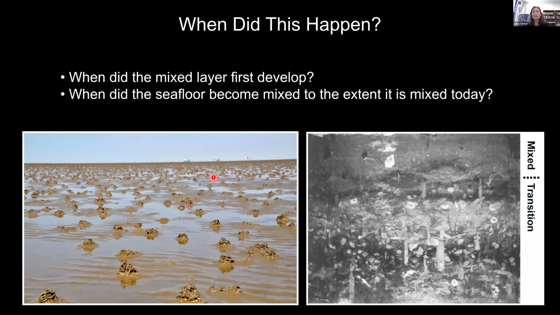But before we can really dig into some of the impacts of ancient bioturbation, we need more robust first-order records of how bioturbation has changed over our planet's history. So if, for instance, we look to the geologic past, when do we first start to see evidence in stratigraphic archives of appreciable sediment mixing, of the development of a true sedimentary mix layer? And when do we first start to see evidence that seafloor sediments were becoming mixed to the extents, to the intensities and depths that they are mixed on the seafloor today?